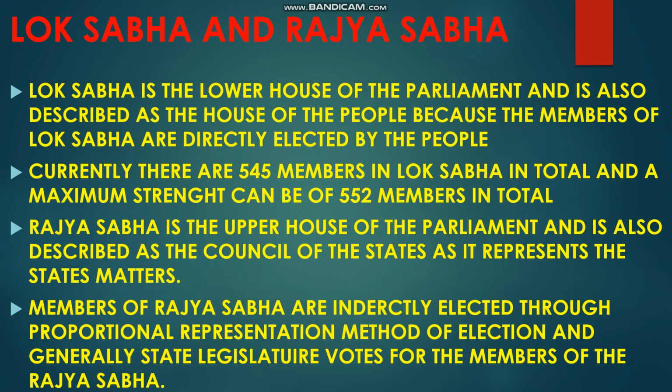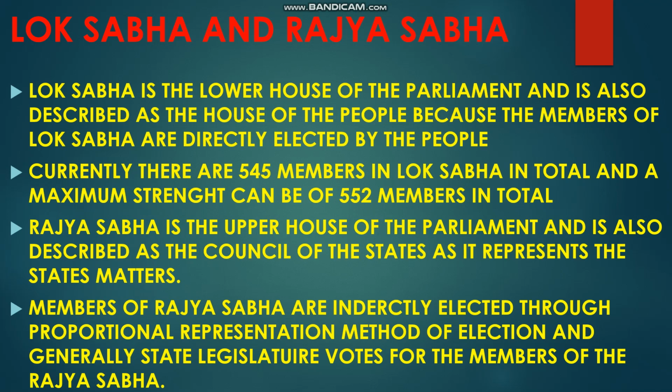Lok Sabha is the lower house of the parliament and is also described as the house of the people because the members of Lok Sabha are directly elected by the people. Currently, there are 545 members in Lok Sabha in total, and a maximum strength can be of 552 members in total. Rajya Sabha is the upper house of the parliament and is also described as the council of the states